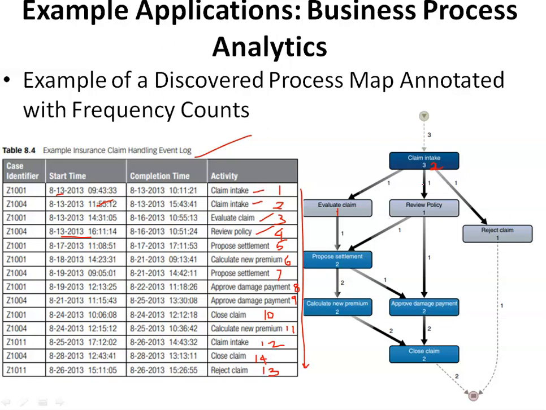So from claim intake it is split into two activities: evaluate claim and review policy. Then propose settlement. Propose settlement is generated from both evaluate claim and review policy, so an arrow will be drawn like this, because claim intake is split into two, evaluate claim and review policy. So from both